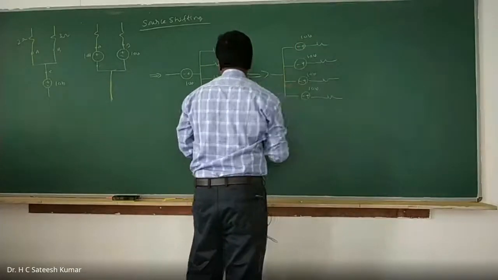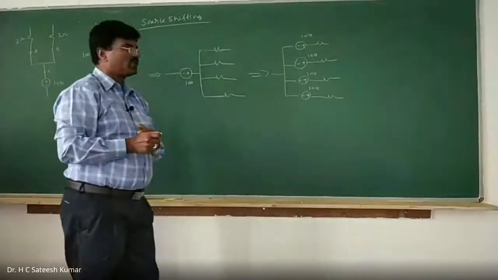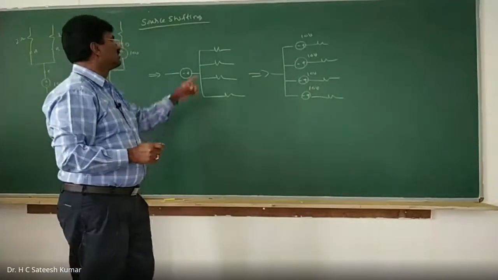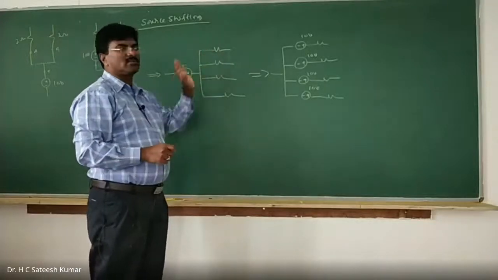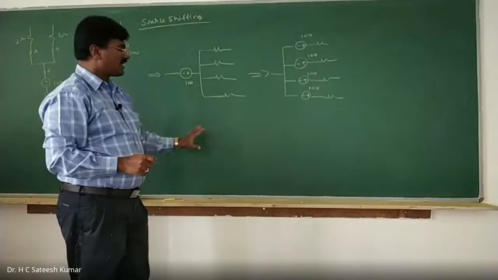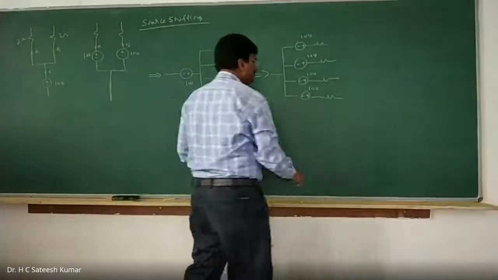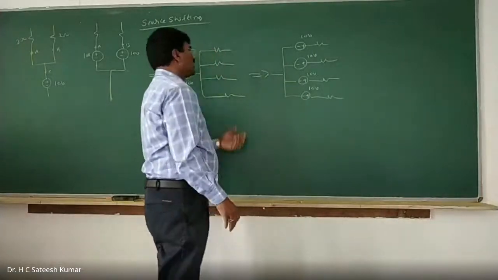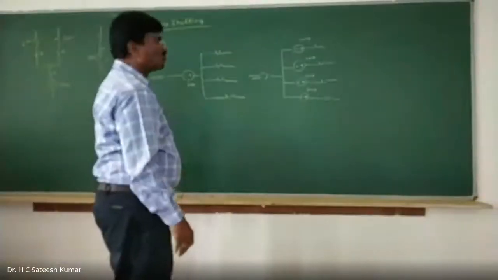You may be thinking that, sir, one voltage source means less voltage, we are having 4 sources, we have more voltage. No, it is not like that. The potential at any point, we are not disturbing the Kirchhoff current law or node voltage. As long as you are not disturbing the KCL or KVL, it is not an issue at all. So therefore we can do it equivalently. So this is known as voltage source shifting.